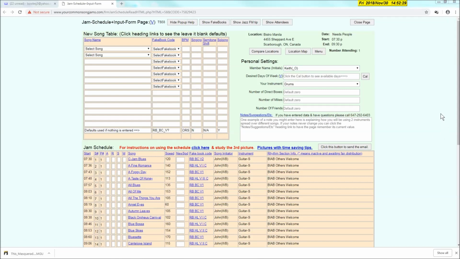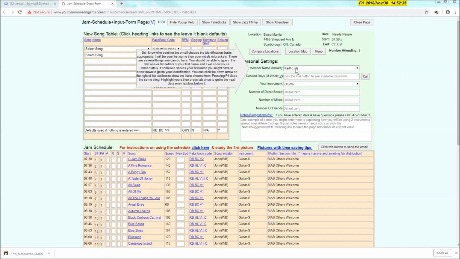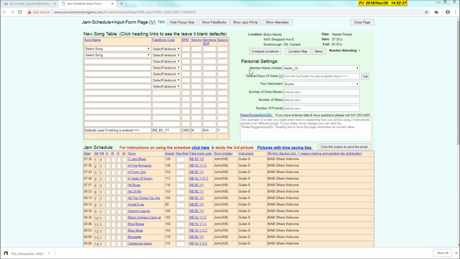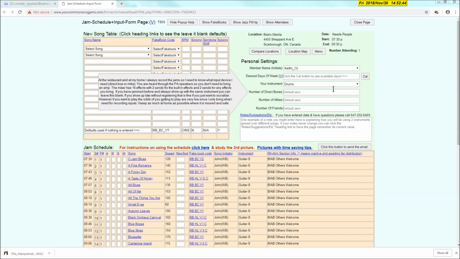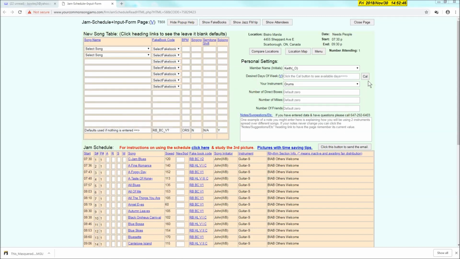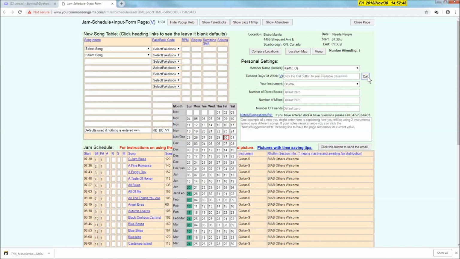Okay, I'm going to start out by going over the personal settings quickly before I get into the songs. I'm going to use Keith, the drummer in our group, as an example. You can see his name here under member name initials. You can see he plays drums,